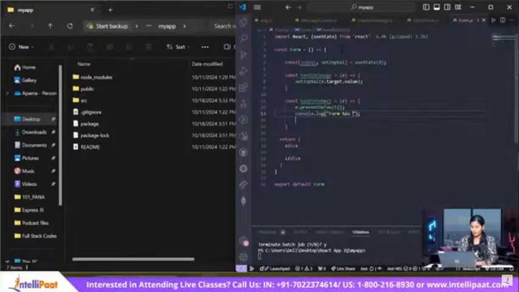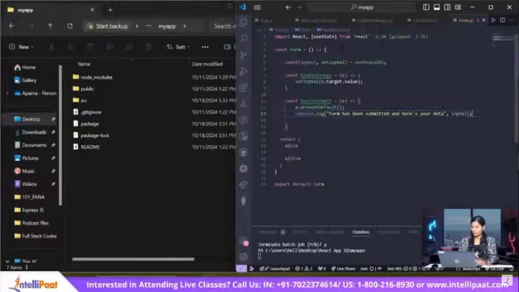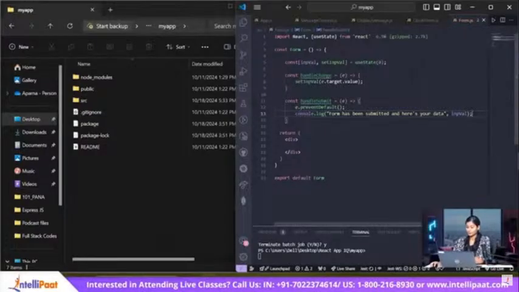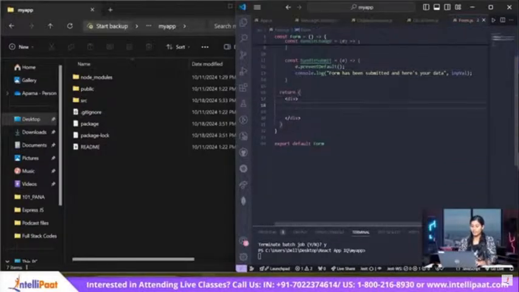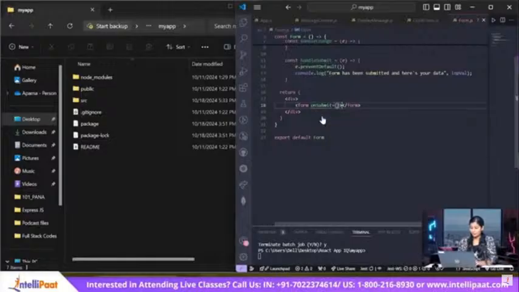We'll put form has been submitted and here's your data. Let's just put the value of inputValue here. Now inside of this function, div function, let me just put form, which will have onSubmit, you'll call handleSubmit,